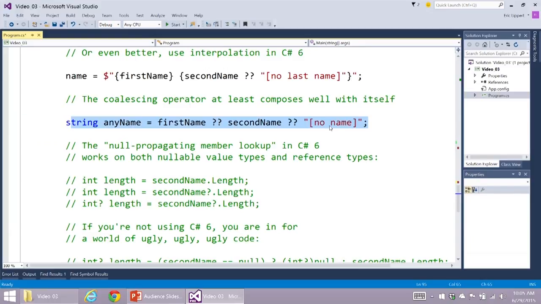itself. So a common thing that you'll see is this means give me the first name. If the first name is null, give me the second name. If the second name is null, then give me whatever string comes last. Right? So this is a nice way. If you've got a bunch of things, any one of which might be null, and you want to go down them in a list and find the first one that's not null, or this default at the end here, then